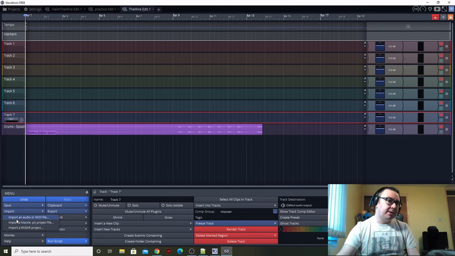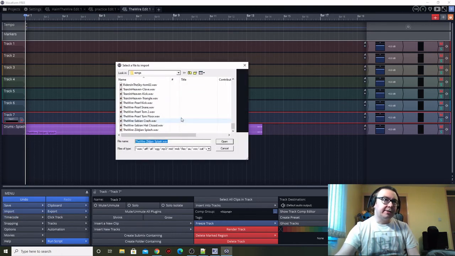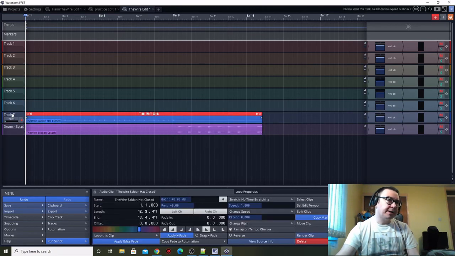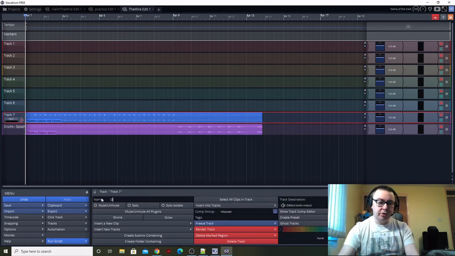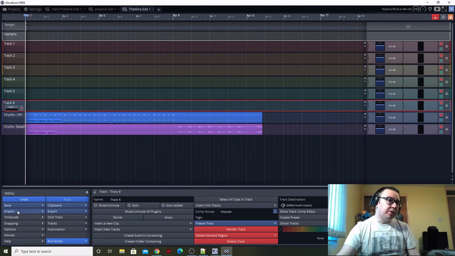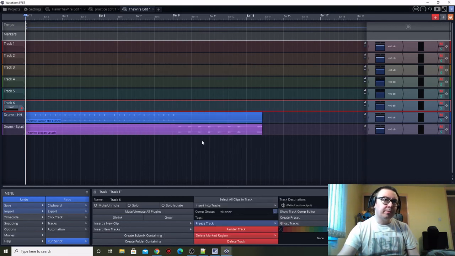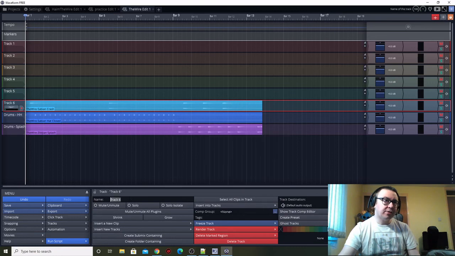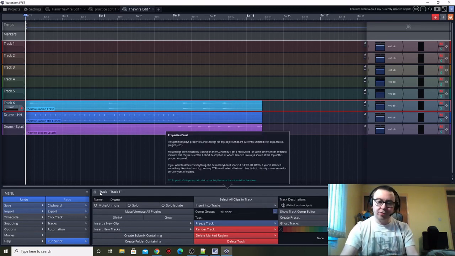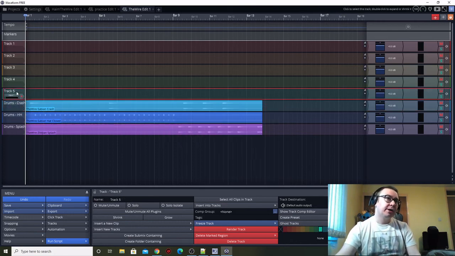So our next one, again, right down the bottom, we've got our closed hi-hat. We'll make a copy of that. We'll call it drums, and we'll just do HH for hi-hat, and then we'll do the next one. Again, we're importing each of the individual instruments, so we've got the crash cymbal. We make a copy. We want to name the track so it's obvious what it is. So it's drums, and this is the crash cymbal, so we'll call it drums crash. The next track,